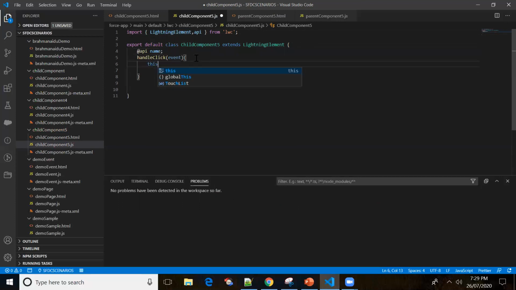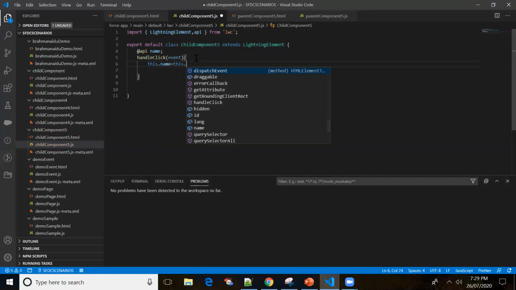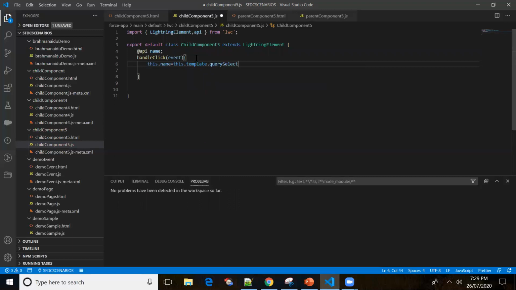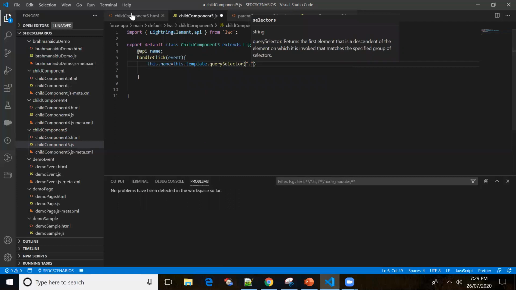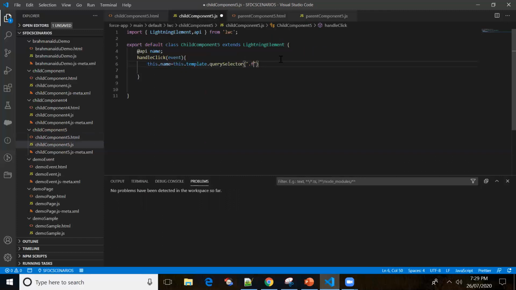If you want to refer to the variable, we have to make use of this. So this dot name equal to this dot template dot query selector. What was the class name? Fn, right? So I'll just put Fn here.